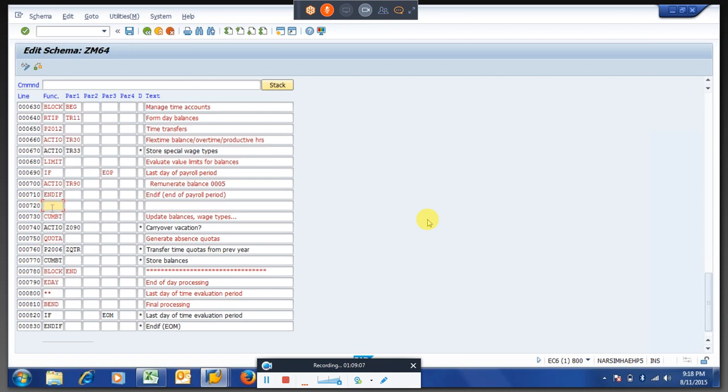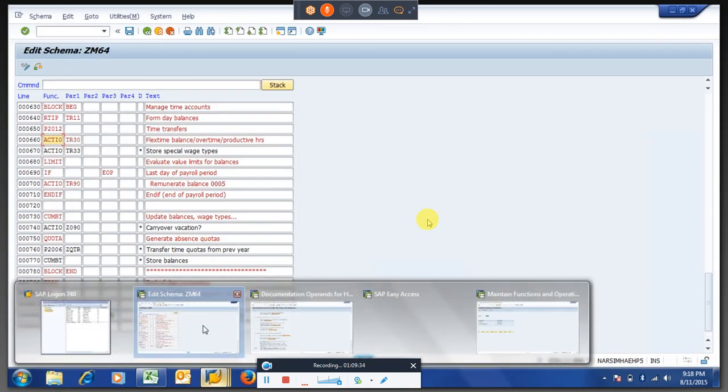So for every PCR, for calling a PCR, we should use an appropriate function. There is a function which we regularly use, that is ACTIO, which was given by SAP. Let me explain, we'll see it somewhere in the documentation.